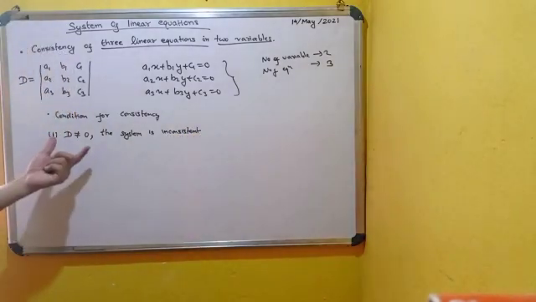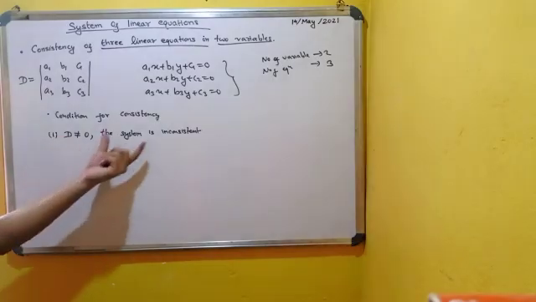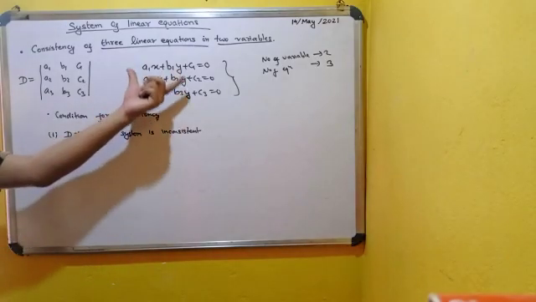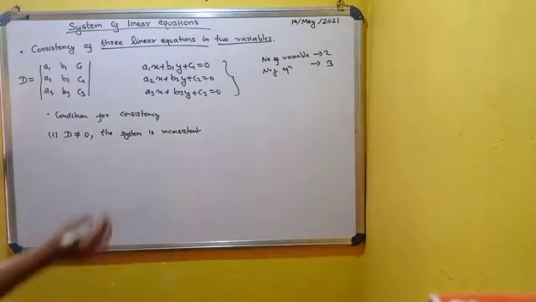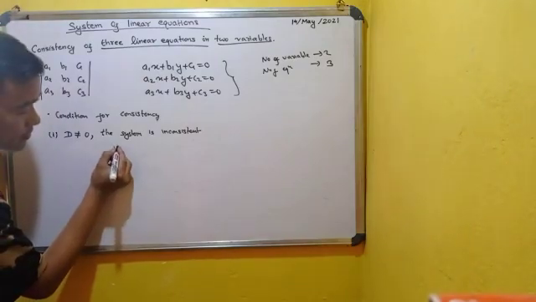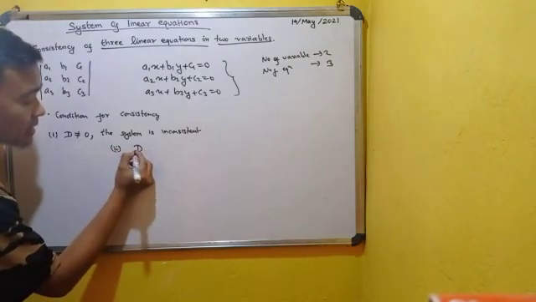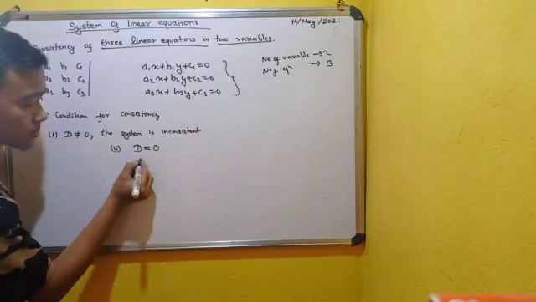If the value of this determinant is not equal to 0, then you can say that this system of linear equations is inconsistent, or we cannot get the value of x and y. But number 2, if this determinant D is equal to 0,